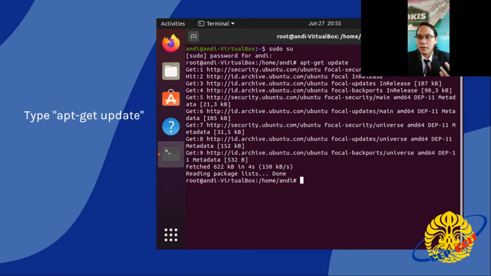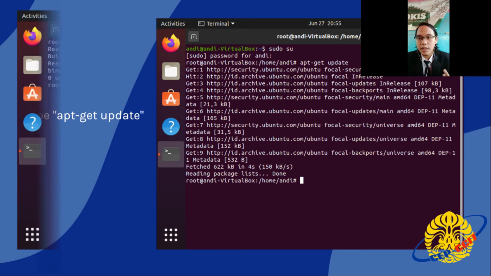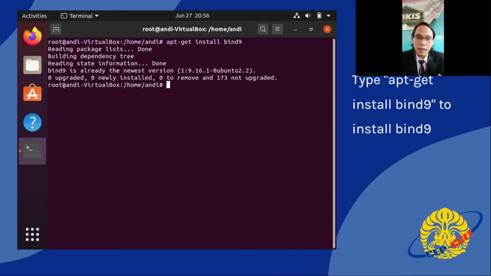If there is a newer version, apt-get update will provide information about the number of components that need to be updated. After apt-get update, do the clear command to clear the screen.